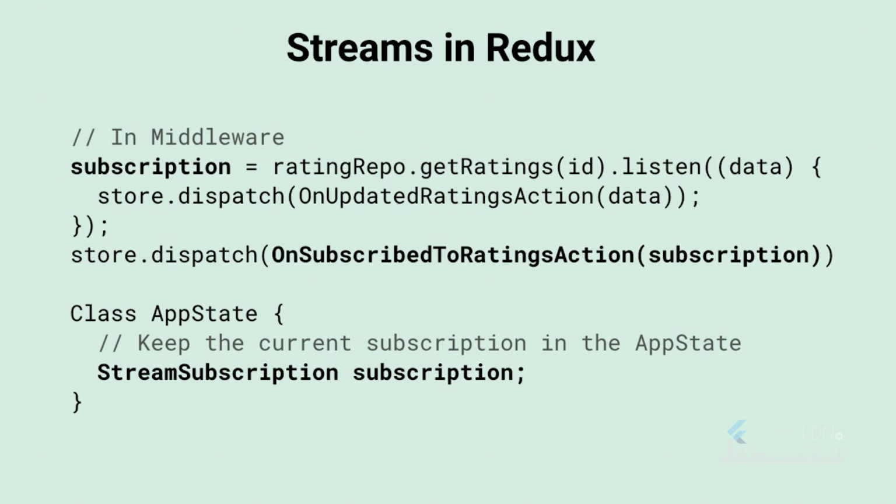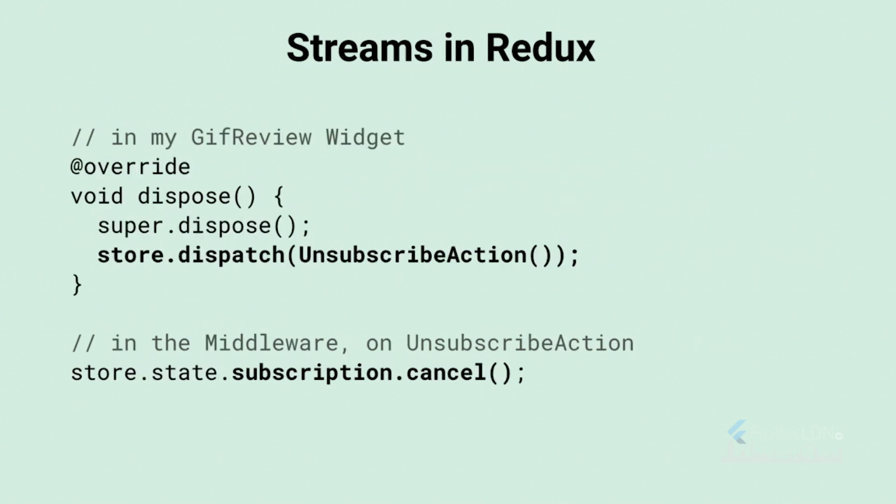But also at the same time, we have a subscription, and this subscription, I'm going to store it also on the app state. So I'm going to have this subscription in the app state. And why I need to store this subscription in the app state is because I want to unsubscribe later. So in this case, for example, in the GIF review widget, I will have the dispose method, and in the dispose method, I will dispatch an unsubscribe action that will go into the app state and then will close or cancel this